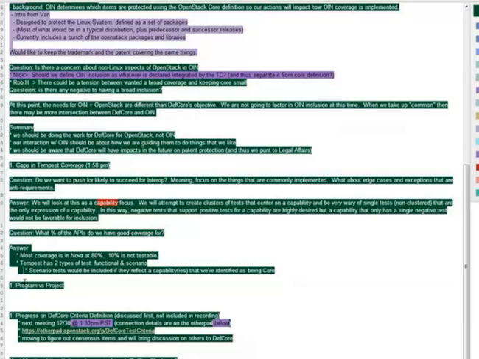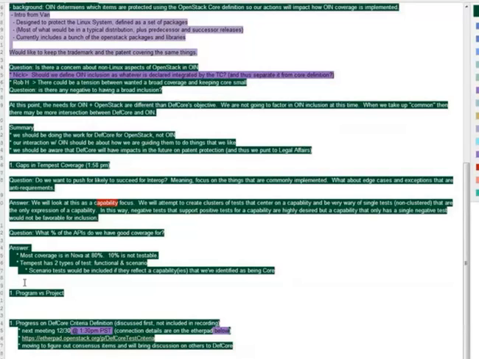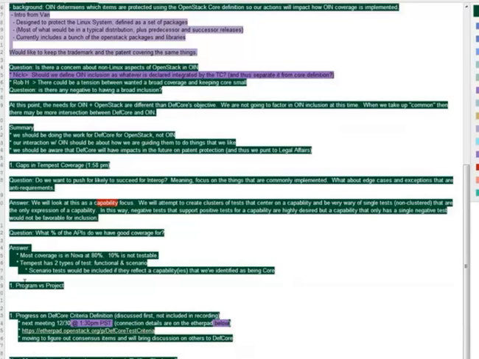Yeah. Well, it seems like what we need to define is the capability. Then, once we define the capability, we can go and map out what existing test cases are in Tempest. Right now we do it in reverse. We're trying to look at what is in Tempest. Yes, we're going to continue to do it in reverse.